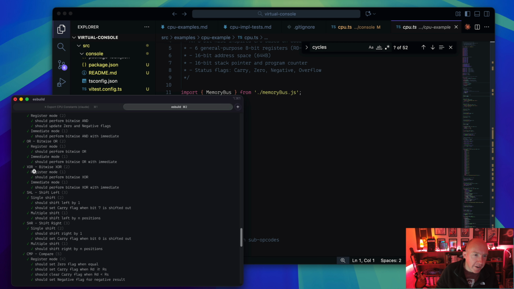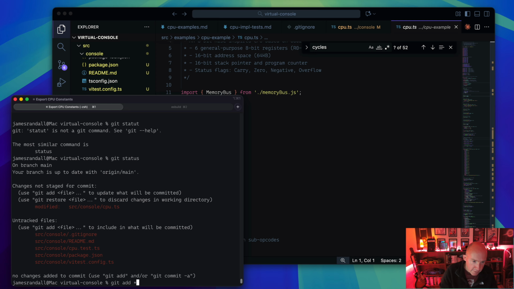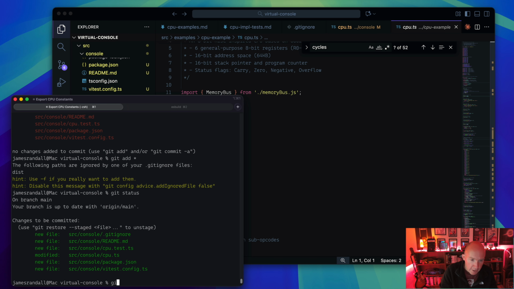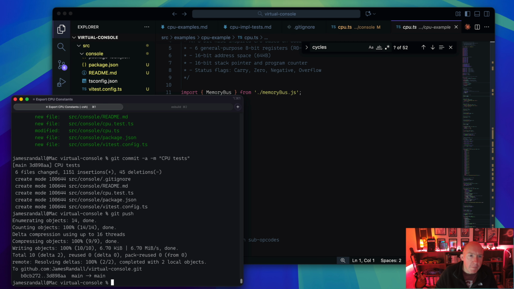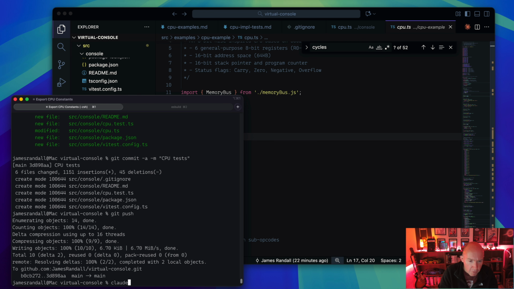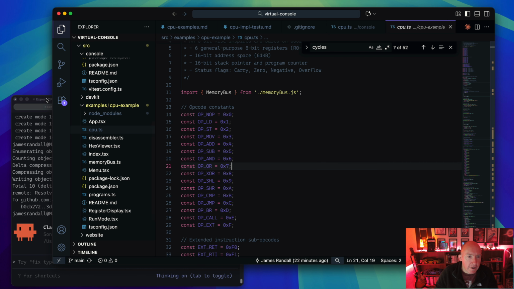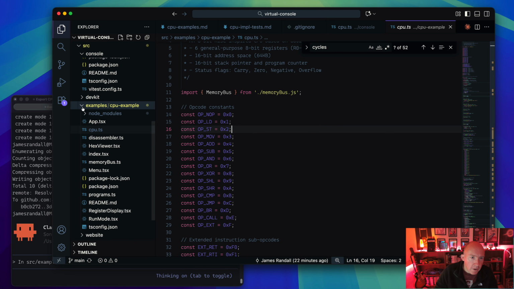Okay, let's see if we can fix that now. Let's start a new session. I'm going to first commit the changes for the CPU tests. Okay. I'll push these up to GitHub. So they're all available if you want to go and check them out. And then we're going to go back into Claude, and we are going to ask it, in source/examples/CPU example,